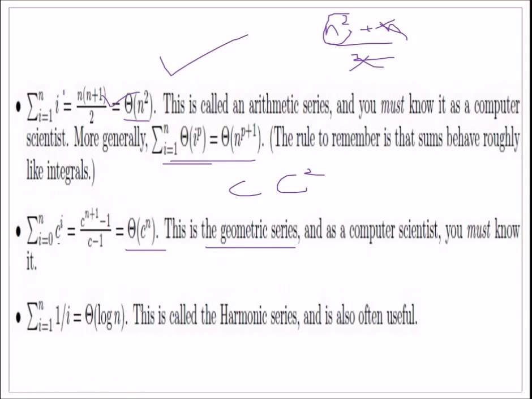And finally we come to harmonic series. If the values are like 1 into i to the power minus 1, that is 1 by i plus 1 by i square, something of this sort, when the actual value which you are talking about is in the denominator and it is increasing, then we call it a harmonic series, and it will always be order of log n. 1 by i will be order of log n.